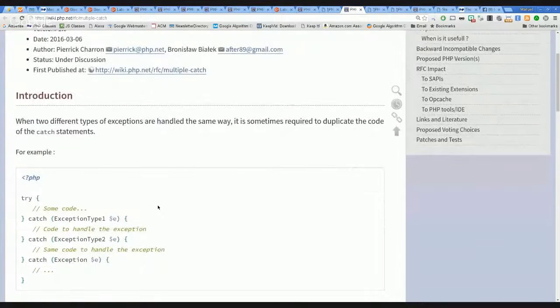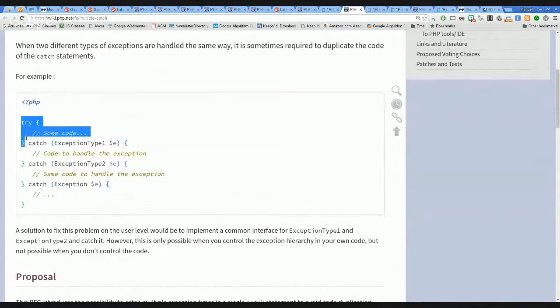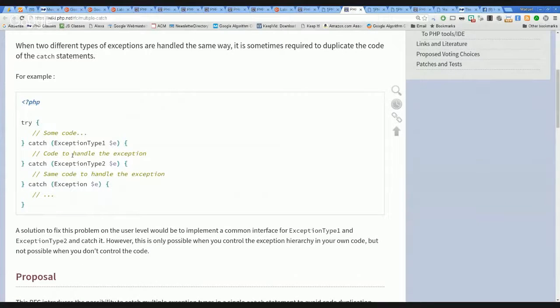So if you have some exception code, like you can see here, that code could catch different types of exceptions. It will execute different catch code statements depending on the exception type. Exactly. Sorry, that's what I meant.